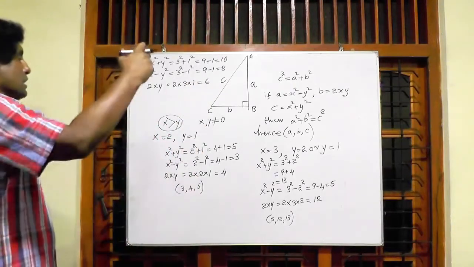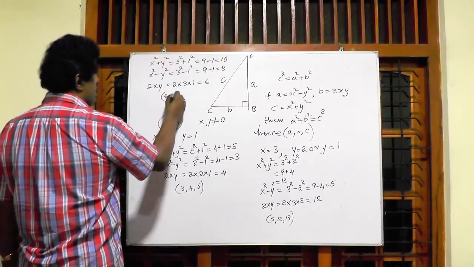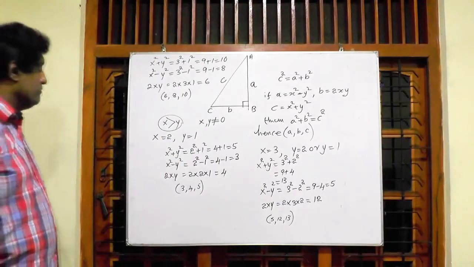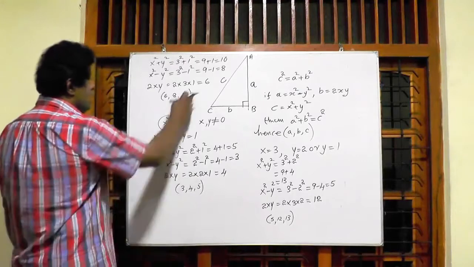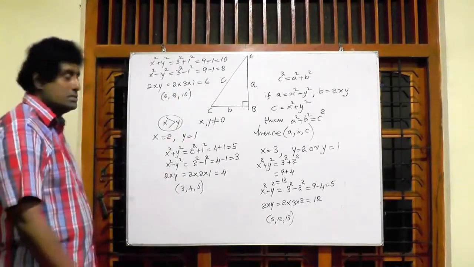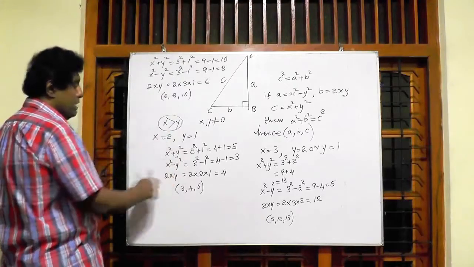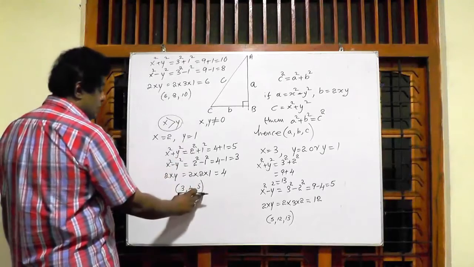Then we have got another Pythagorean triple. Write it, that is 6, 8 and 10. Is there any relation between the 3, 4, 5 Pythagorean triple and the 6, 8, 10 triple? Yes, there is a relation between them, because that is the second multiple of 3, 4, 5.